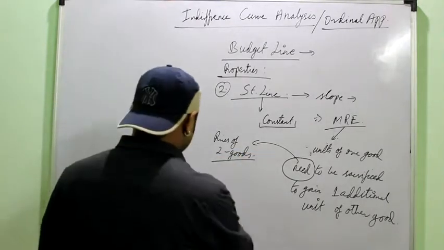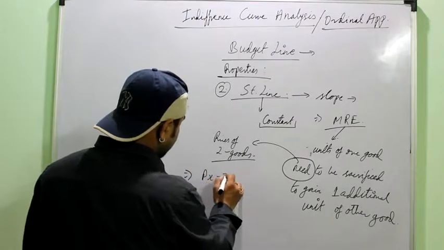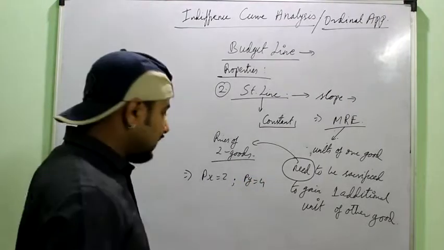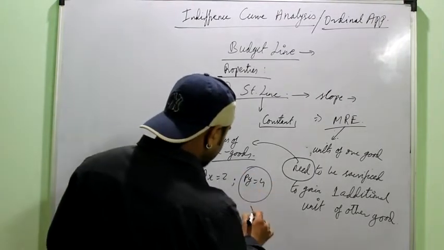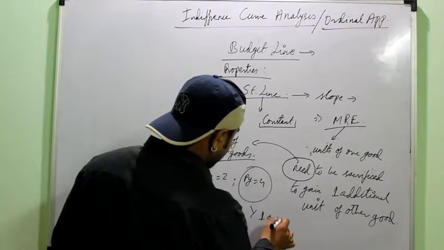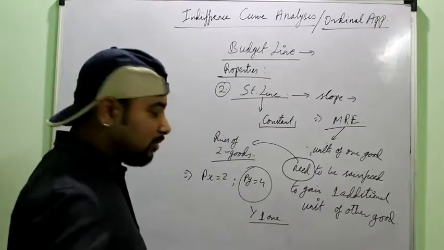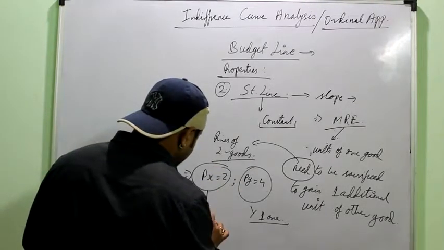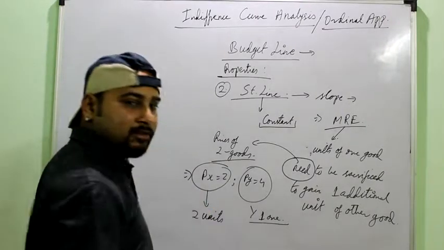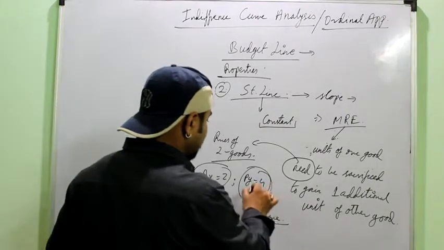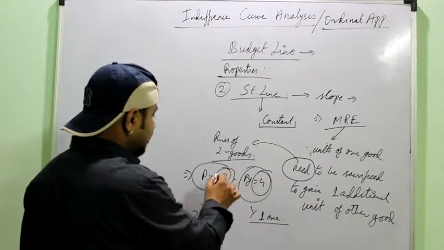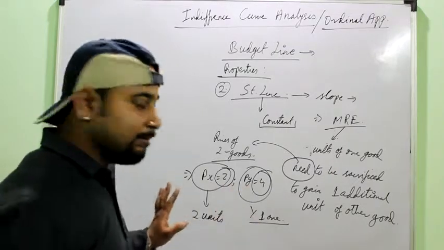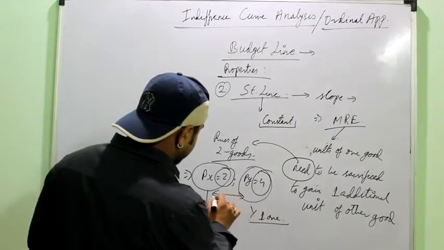For example, if price of good X is 2 and price of good Y is 4, right? And you want to increase the consumption of good Y by 1 unit. You want to buy 1 extra unit of good Y, then it is clear that you need to decrease 2 units of good X, because you require 4 rupees extra, which will be available if you decrease the consumption of the other good by 2 units. 2 twos will be 4 and you can substitute the good. So it is simply the ratio of the prices,